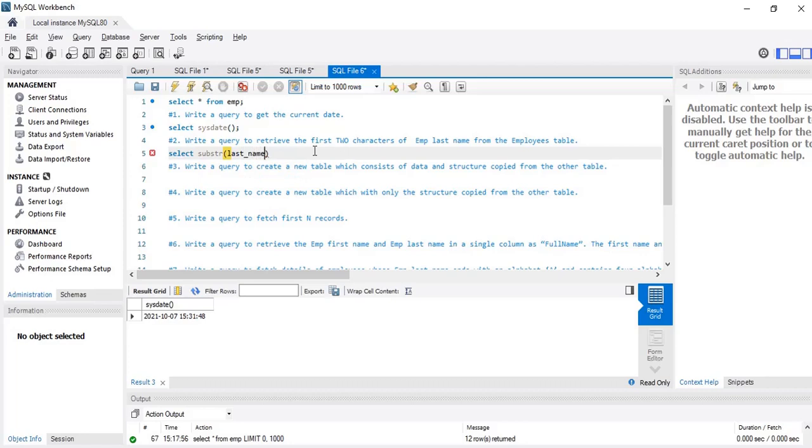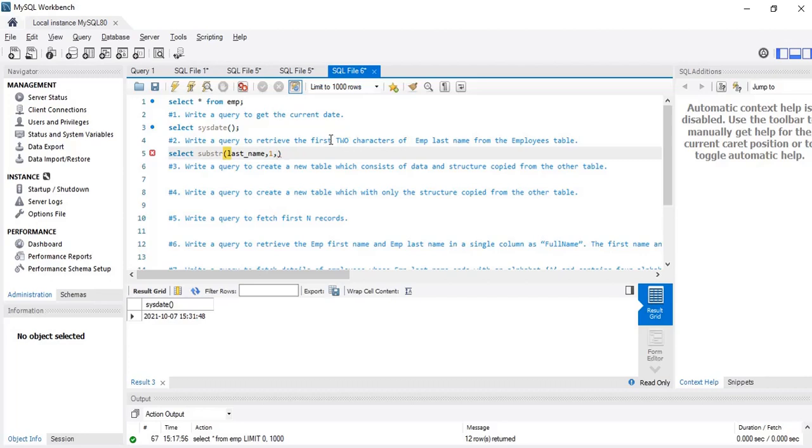The first will be the column name, whatever column name. In our case, we have to cut down or shorten the employee last name. So first we'll write the column name, which is last name. Then what is the starting index from which you want? In my case, I want from the first digit only. And what is the length?